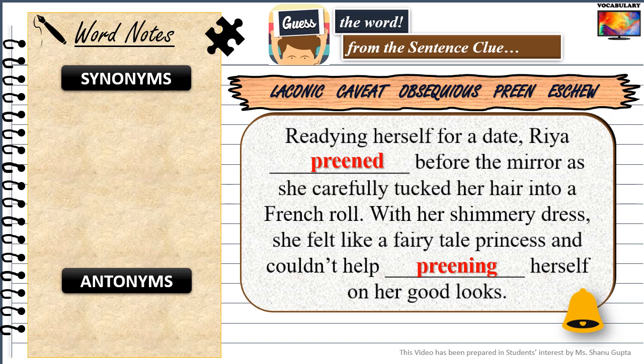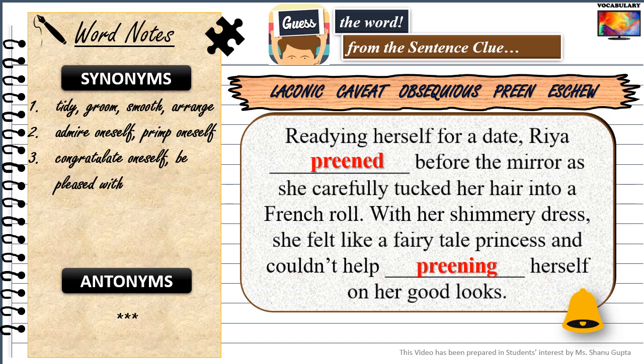as she is congratulating herself on her good looks. I have already given you the various definitions for preen, so please go through the synonyms and antonyms list yourself. The synonyms are